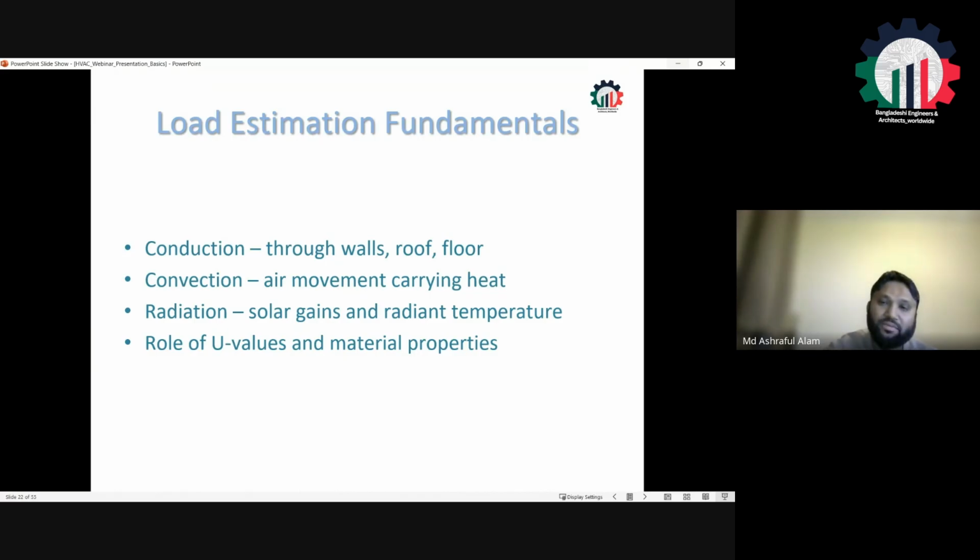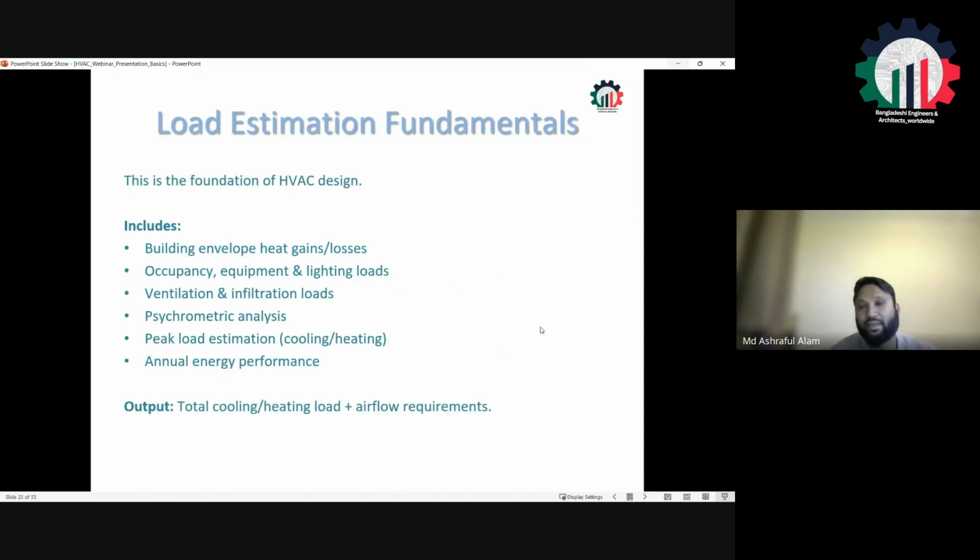This load is very important for the HVAC system, because the first thing we do is the load calculation, and then later on this load dictates what equipment and what type of equipment, how this will be controlled, what type of control, and all other remaining items. So if we summarize this one,